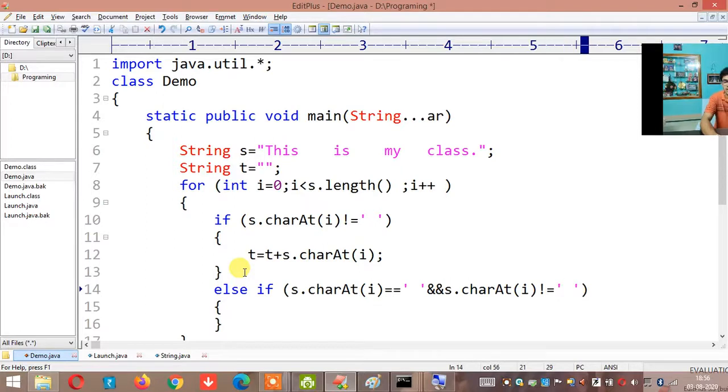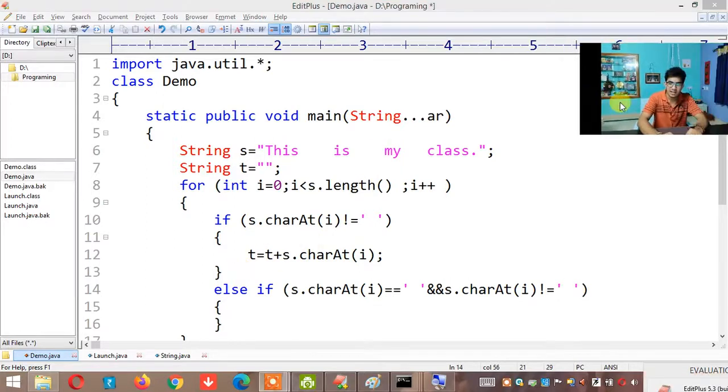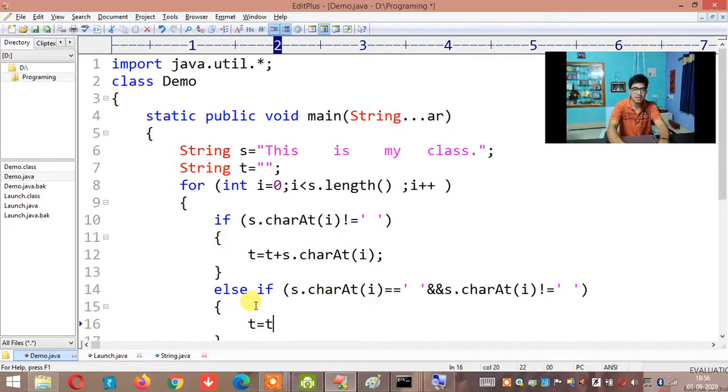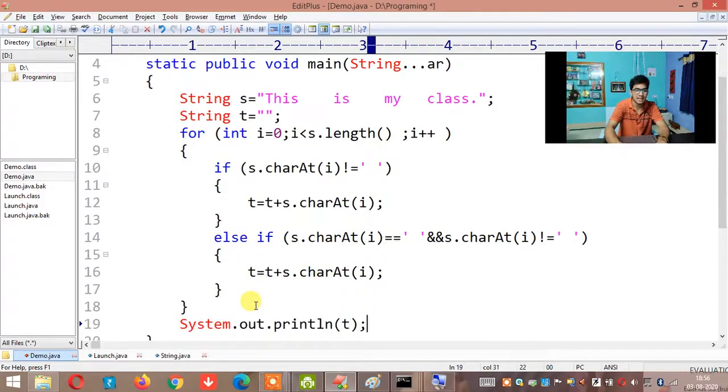I hope it is clear here. So the ith character is equal to space, and such characters, T is equal to T plus S dot charAt of i. I have to add that, and finally I have to print the T.